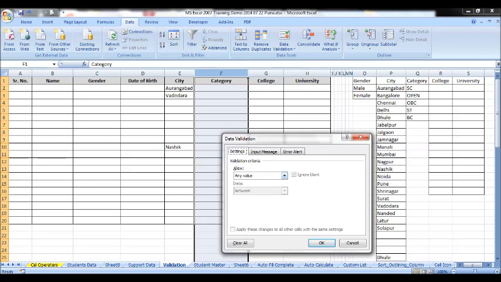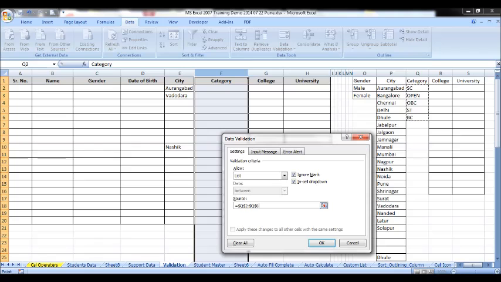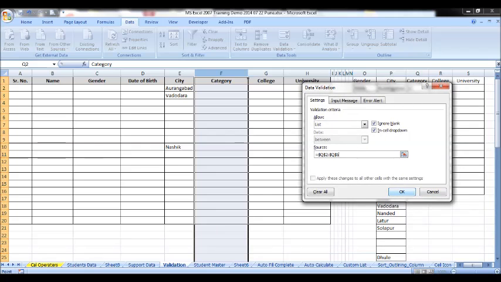Click on data validation, change this to list, source, go back to the list, Q2 to Q6. In anticipation of not having any additional entries in future, with that intention, I have not extended this part. I had restricted myself to 1, 2, 3, 4, 5 entries only. So that is why Q2 to Q6. Click on OK. And now see the change. The moment I click on OK, some change will occur here.